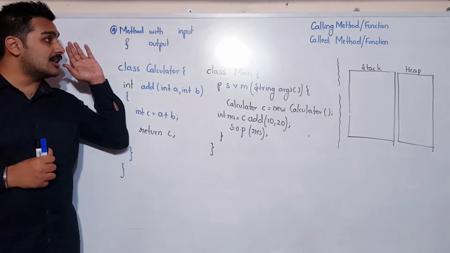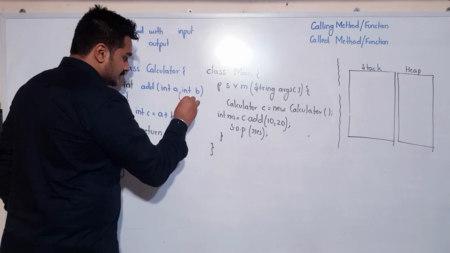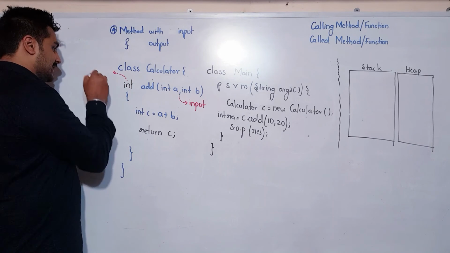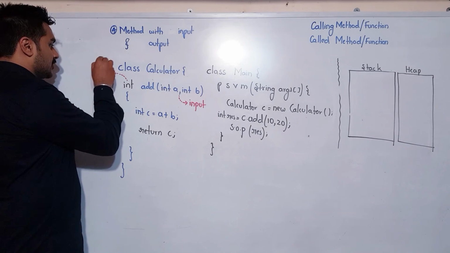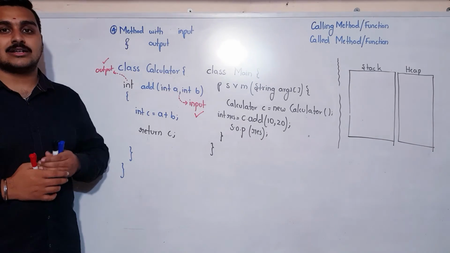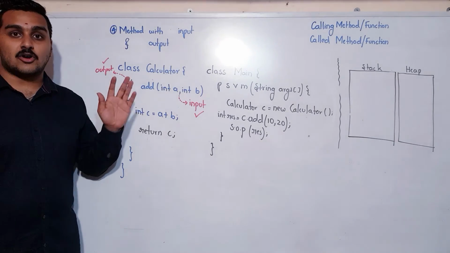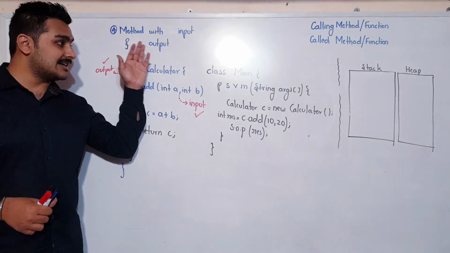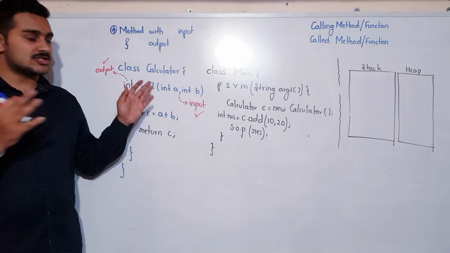I hope you have understood all the 4 types of methods. If you see here, it is having an input. What about the output? Yes, it has the output also. Output also is there, input also is there. So this is your type 4 method, which is having input also, which is having output also. I hope you got the clarity about these 4 types of methods. Please try writing the memory diagram for this as well as the traversing of this, which you will be able to see after a few seconds.